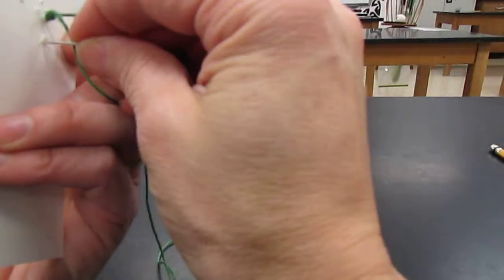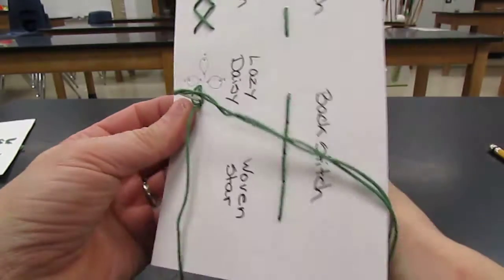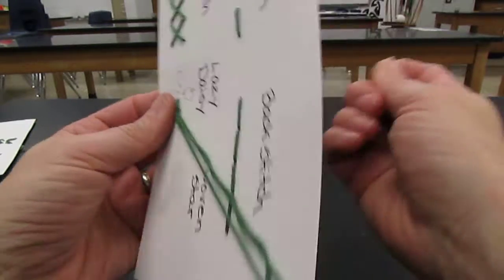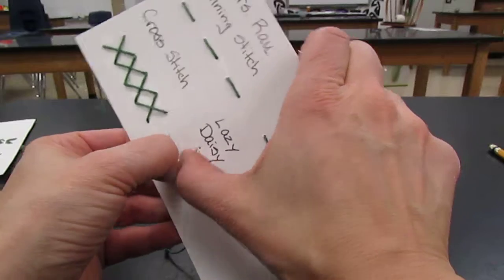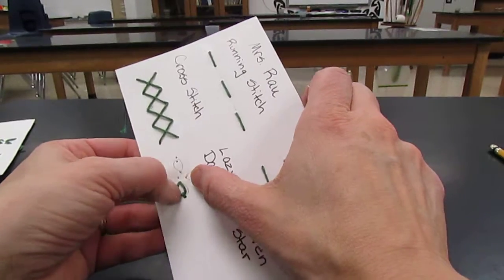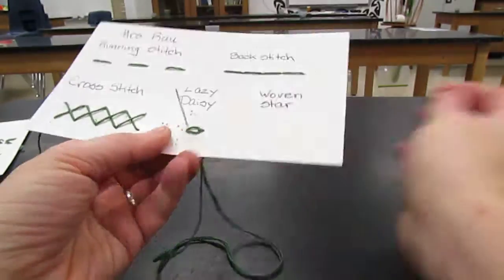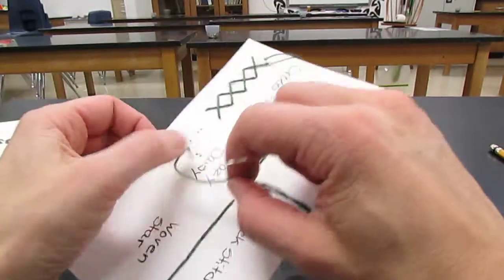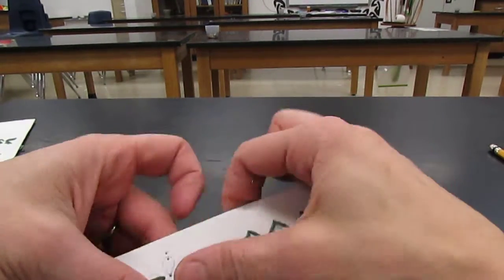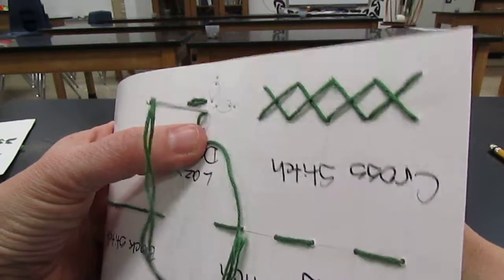So what I'm going to do is go up on the outside of that petal and down on the inside again. Alright, I'll loosen that up so you can see it. I pulled it a little tight, but you should be able to see a little petal there. The next one, I'm going to go ahead and do that again. So I'm going to go up, hold out some extra, mimicking about the same amount as a flower petal, and then coming back down in. After I have that done,